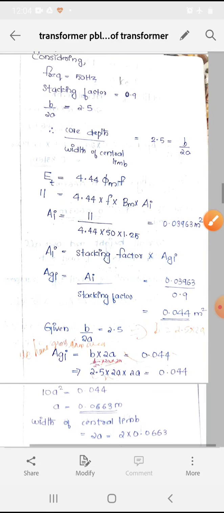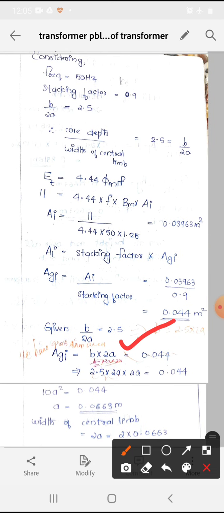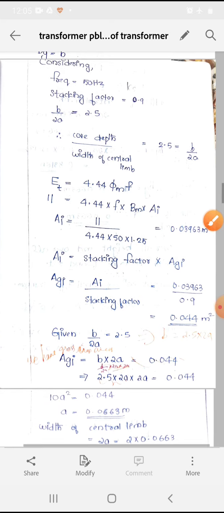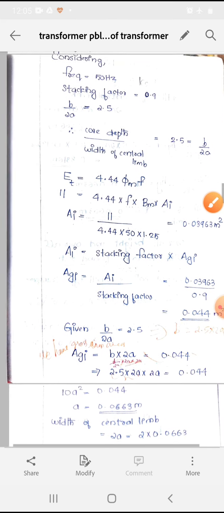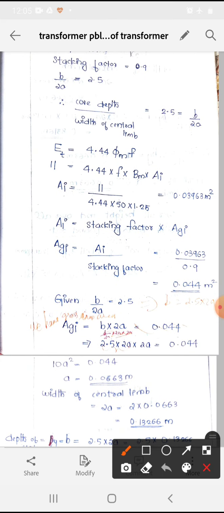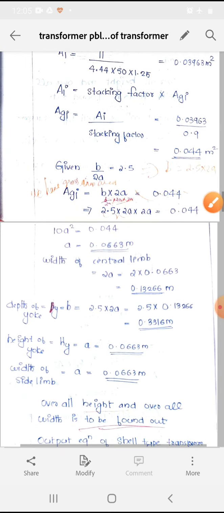So from this equation we will get b as 2.5 into 2A. So b into 2A, that is 2.5 into 2A into 2A, is equal to this Agi value, that is 0.044. So we will get the final value of A as